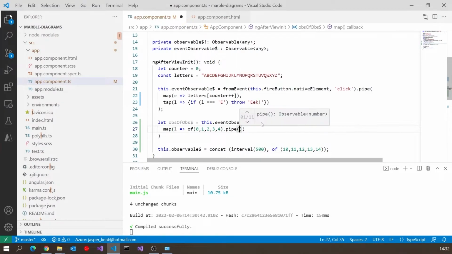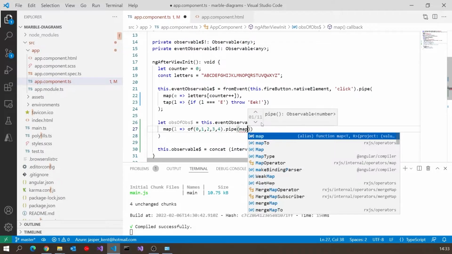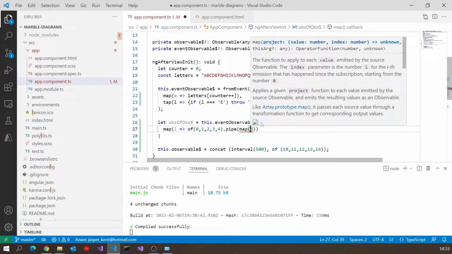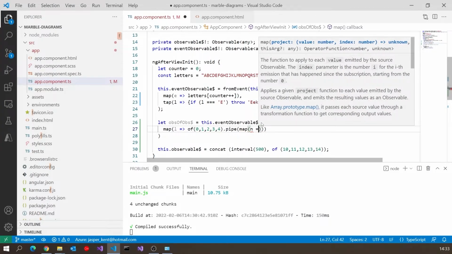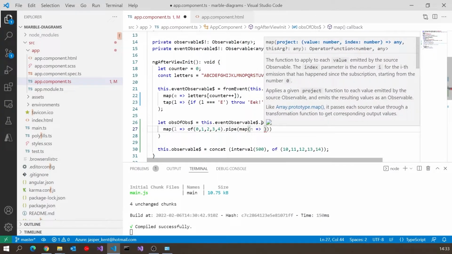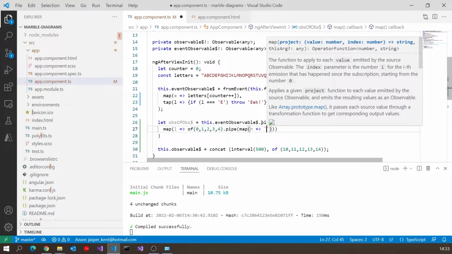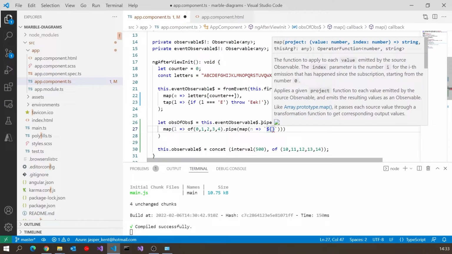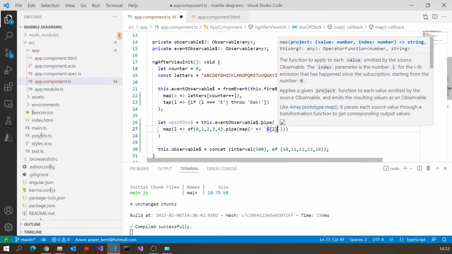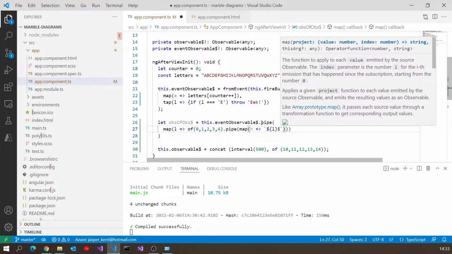So what we actually get out is going to be a map of the number that we're getting from that of, and then we're going to combine that with the letter that we're getting from the original observable. I'm just going to put in the letter first and then the number.